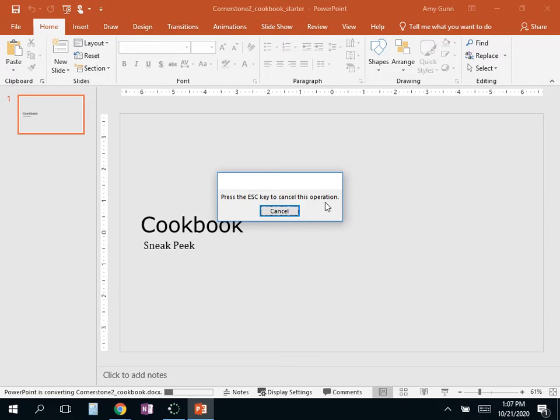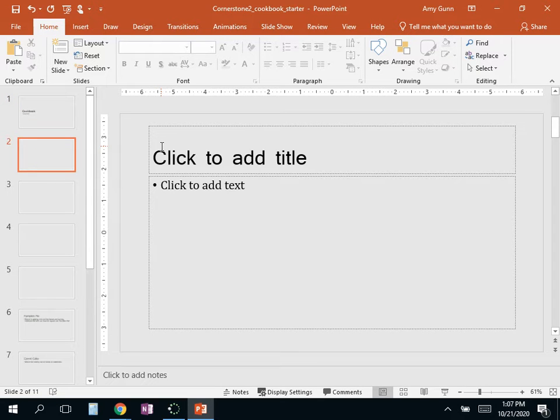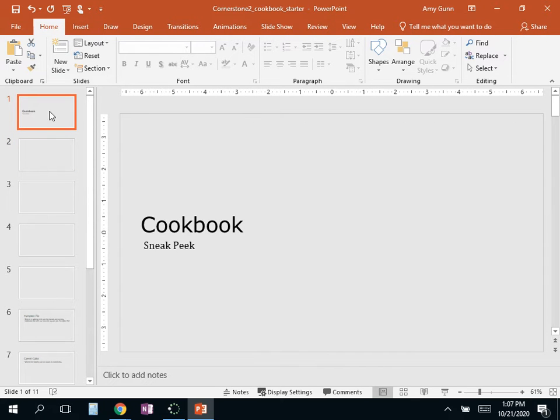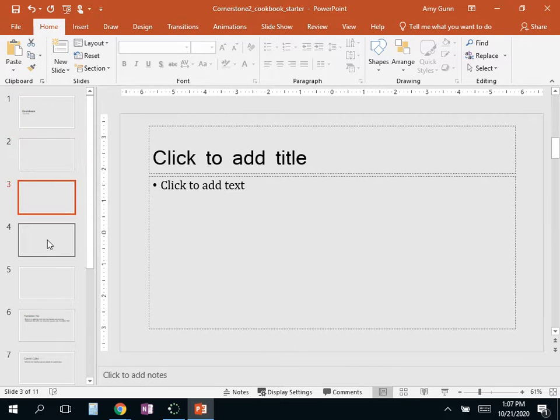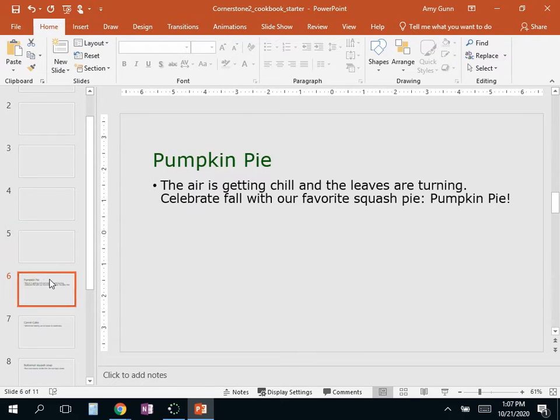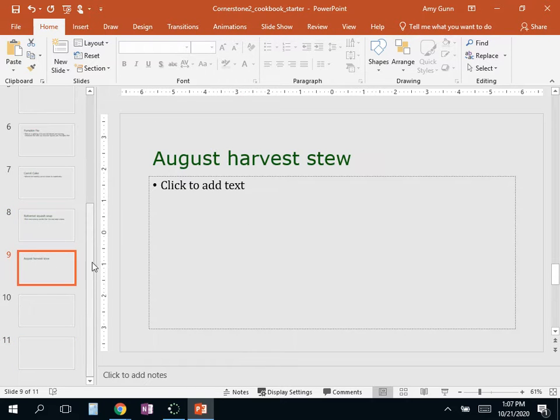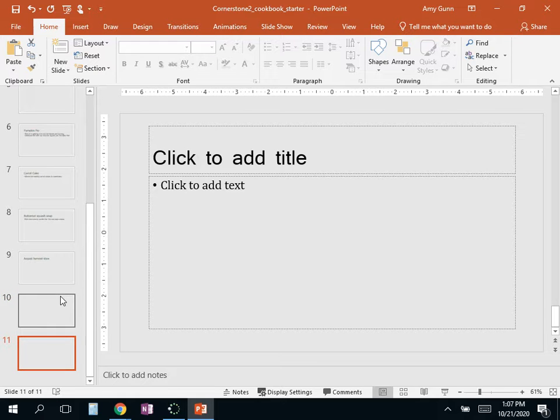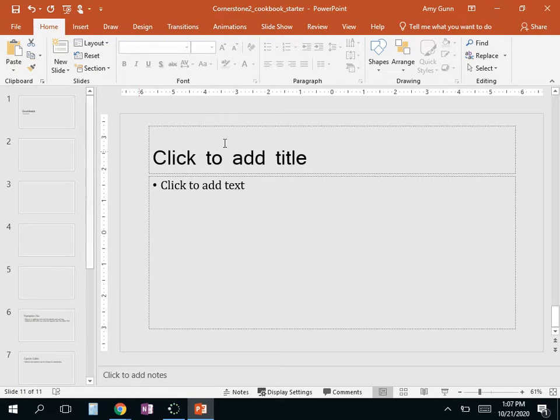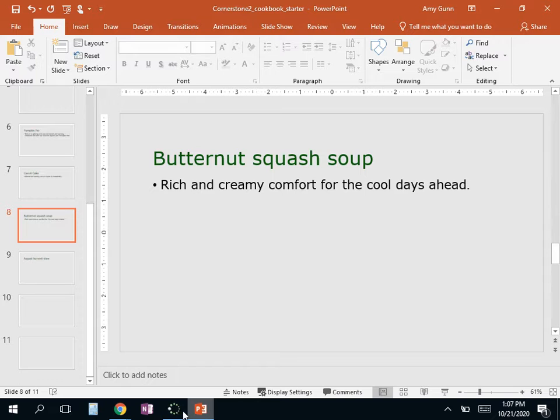Press Escape key to cancel this operation. I don't want to cancel the operation. And now all the slides are importing into the cookbook document. Now, why some are blank? I cannot answer that. But here's pumpkin pie. Here is carrot cake, the butternut squash soup, August harvest stew. All these, why the empty slides came in, I cannot answer. I really don't know. But maybe we'll have to do something,